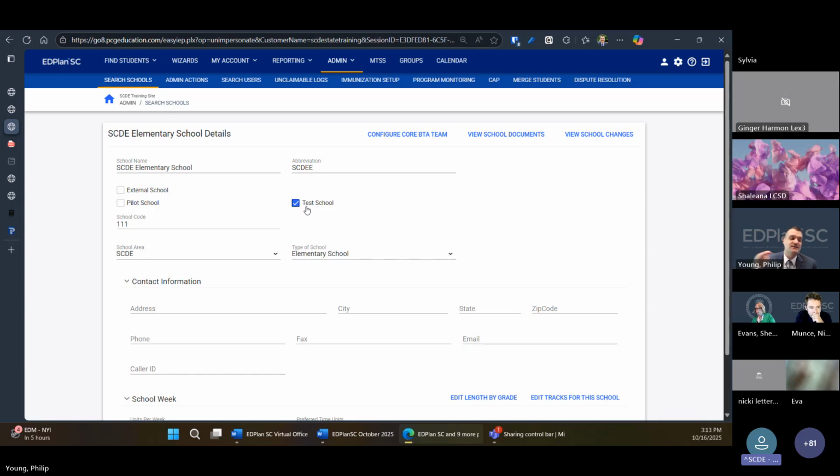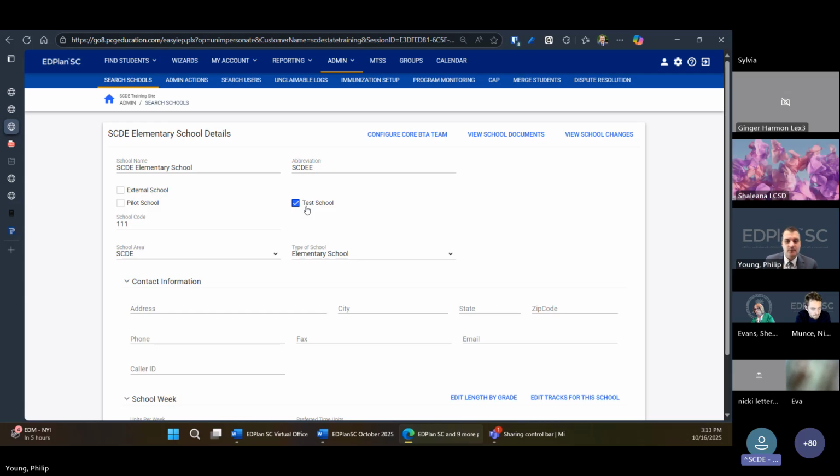The students that we imported also all have a similar naming convention, so that if we do need to filter those out of a report, we can filter them by their last name. I think their last name is Test.